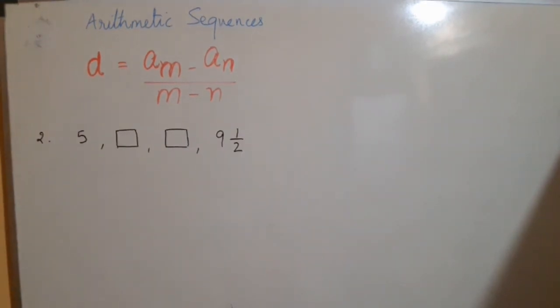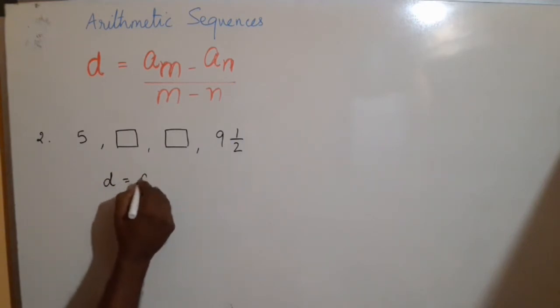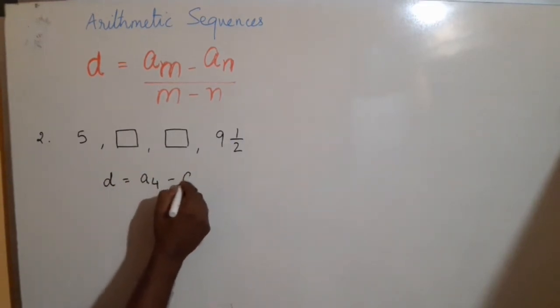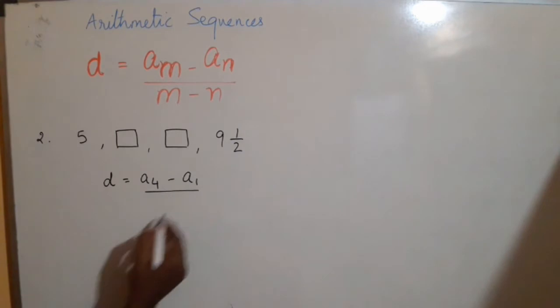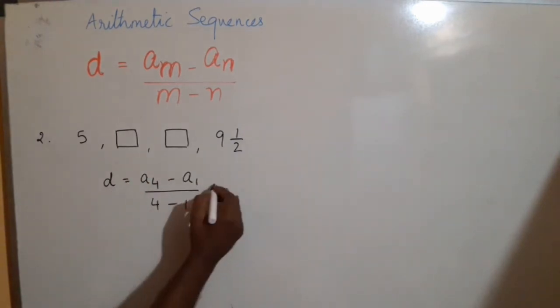Here is the second sum based on the same shortcut formula. Yes, this is an AP. We know the first term. We know the fourth term. We apply the same principle. So let's carry on. D is the fourth term minus the first term upon 4 minus 1, which gives us,